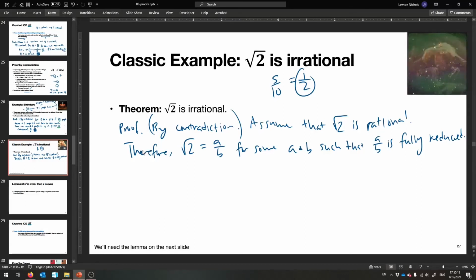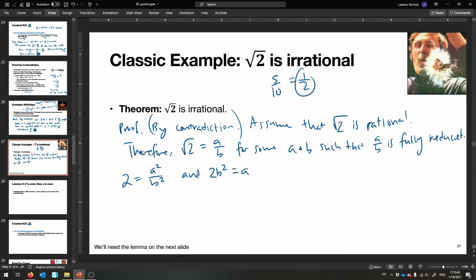Okay, that's fine to assume. And then we're going to come up with a contradiction based on this idea. So what we can get is 2 out of this by squaring both sides. So 2 equals a squared over b squared. And therefore, if we just bring the b over here, we have b squared times 2 equals a